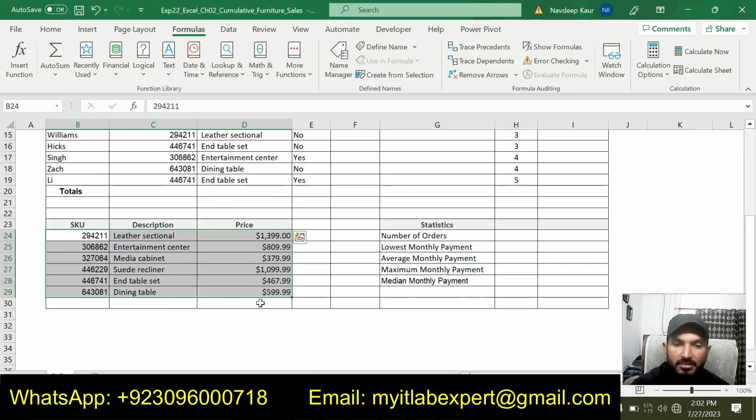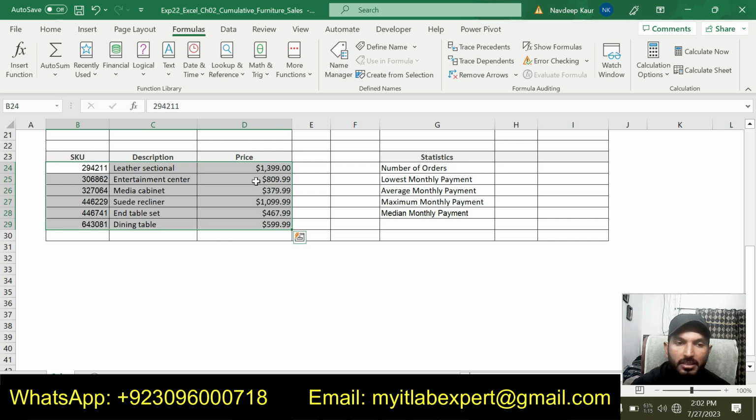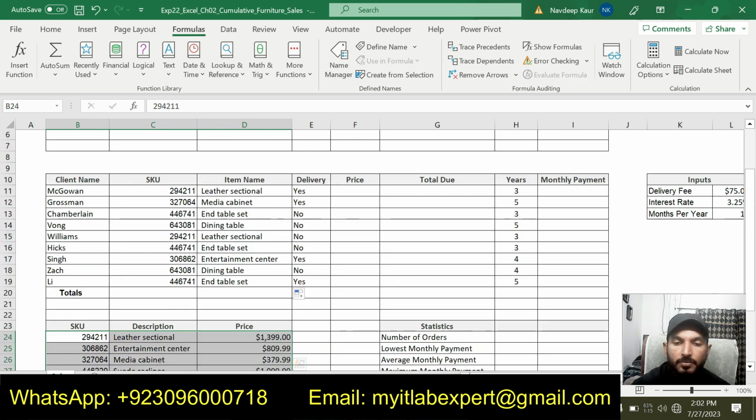So item price is the third column in the inventory information range, that is called table array. This is the third column, and now we are supposed to show these prices.